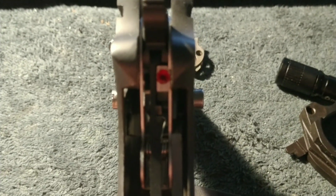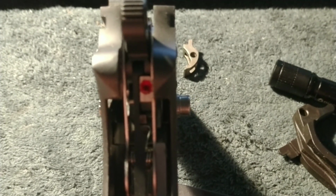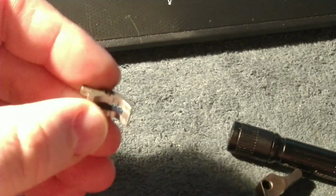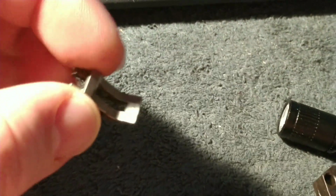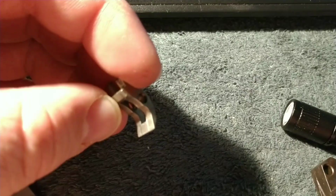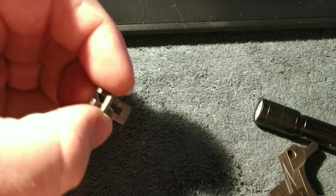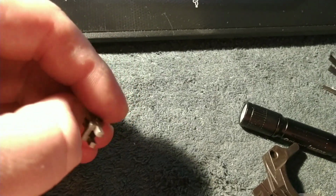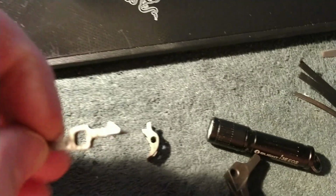Now, this old 1991 little Colt pistol had pretty heavy trigger pull. Like you can see the parts right here that I took out of it. Let's see if we can get any kind of focus on there. I don't even know. But maybe the light, you can kind of see how it's worn over the years a little bit, and just how it was machined and made. I think it's pretty rough. I mean, it doesn't have super rough edges or anything, but we can see the parts that came out